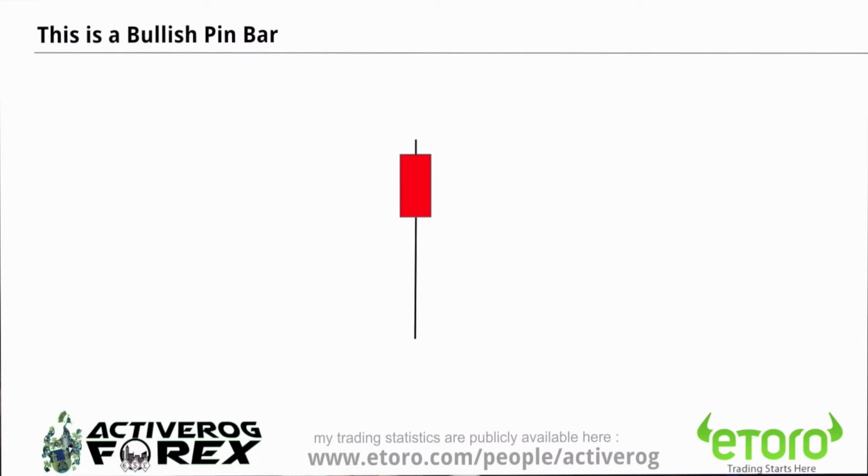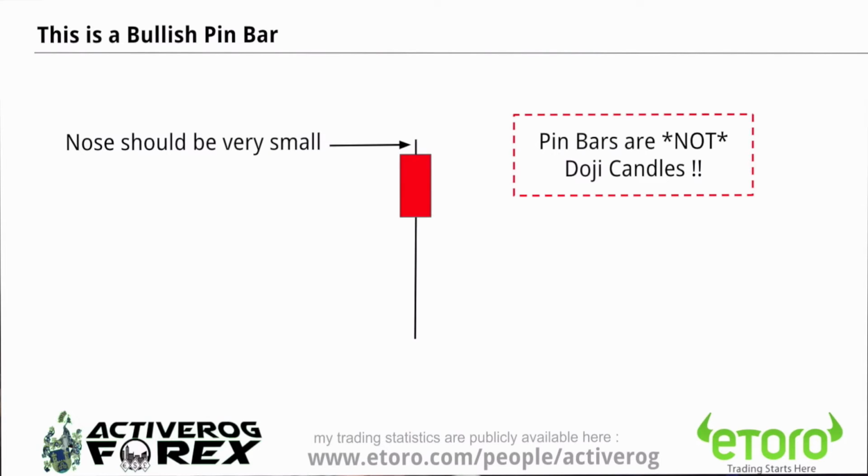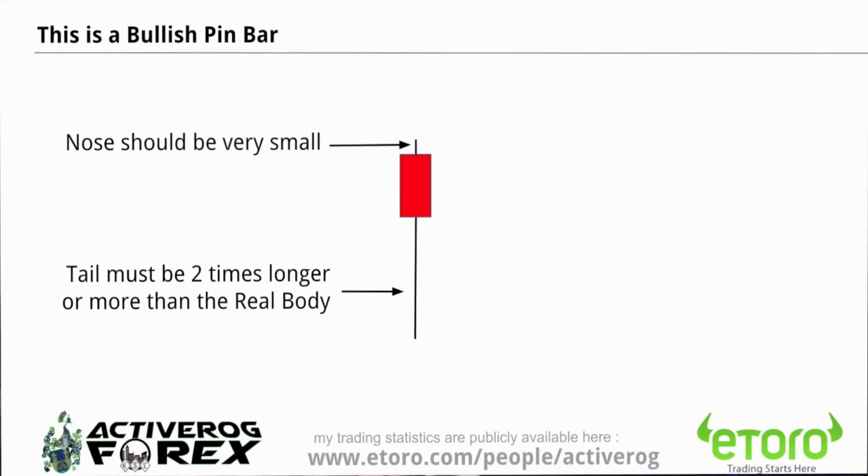This is a bullish pin bar. A bullish pin bar is exactly the opposite and will be found after a bearish move. If it has a nose, it should be very small. It should also be noted that pin bars are not doji candles. Even with a small nose, if any at all, the bottom wick should be at least 2 times the length